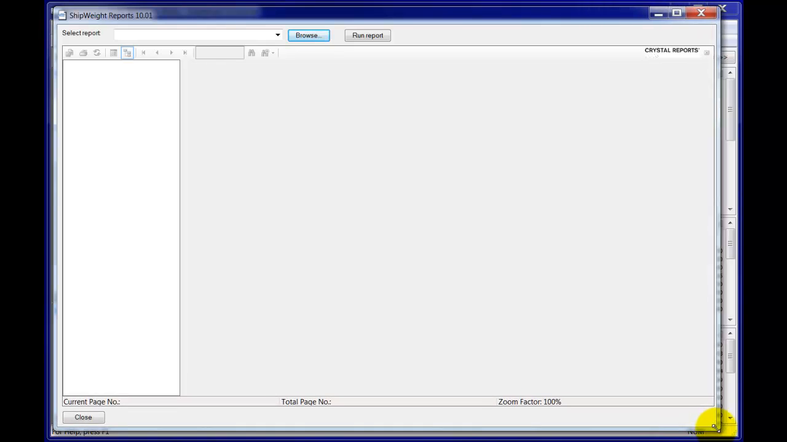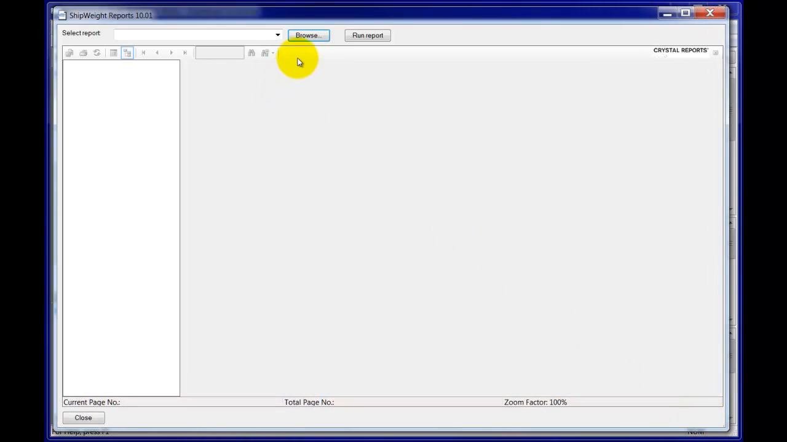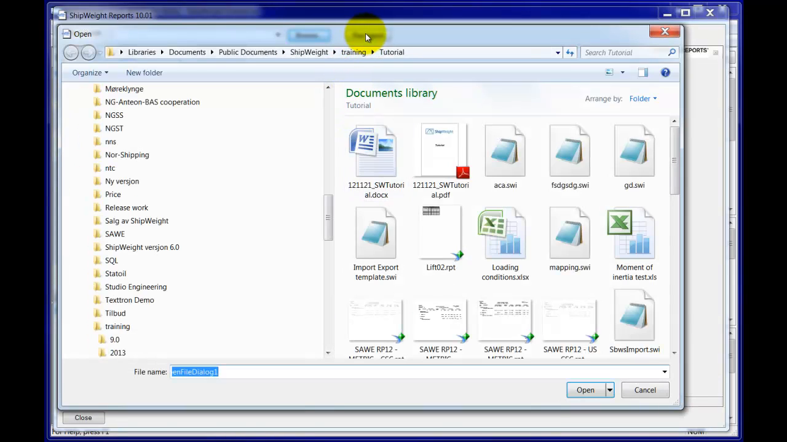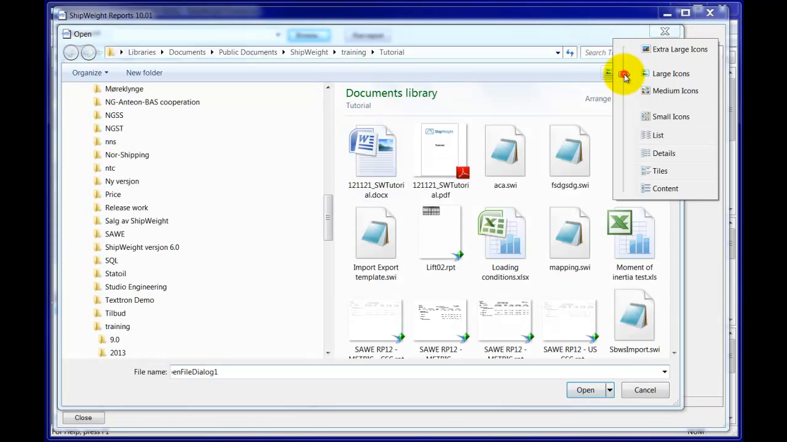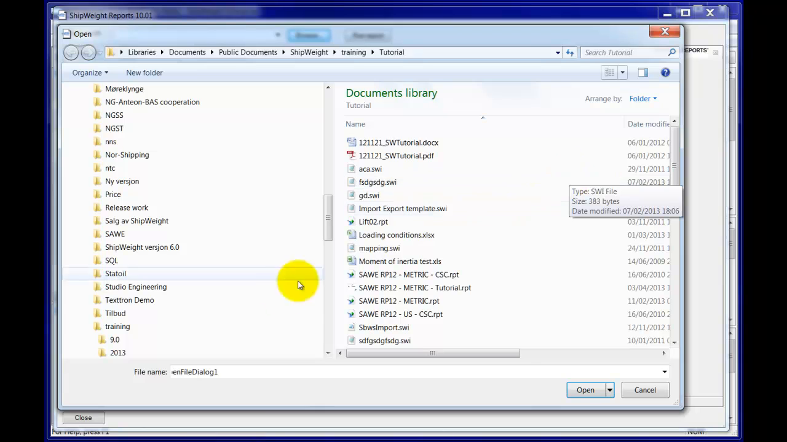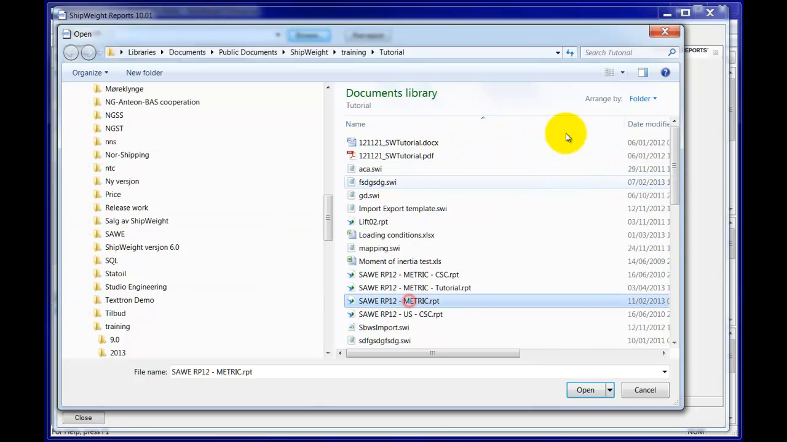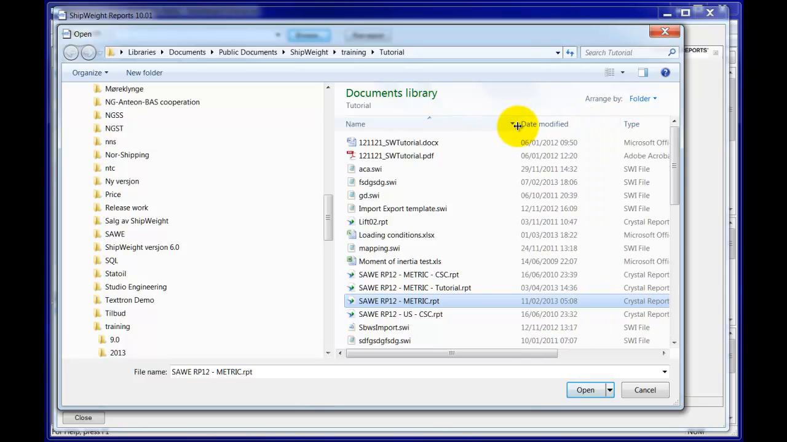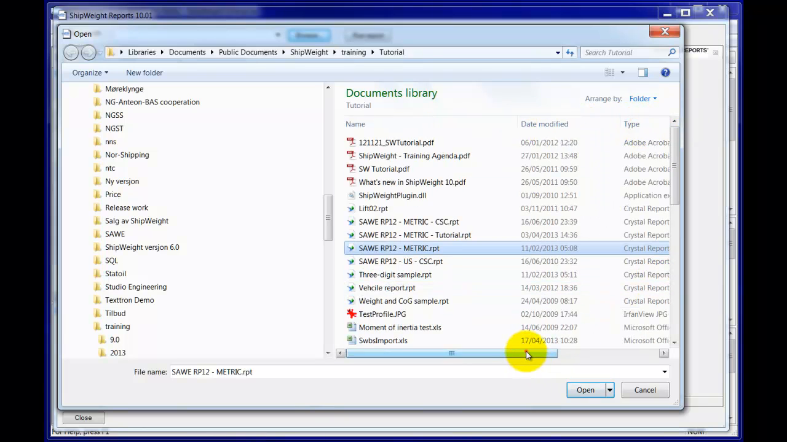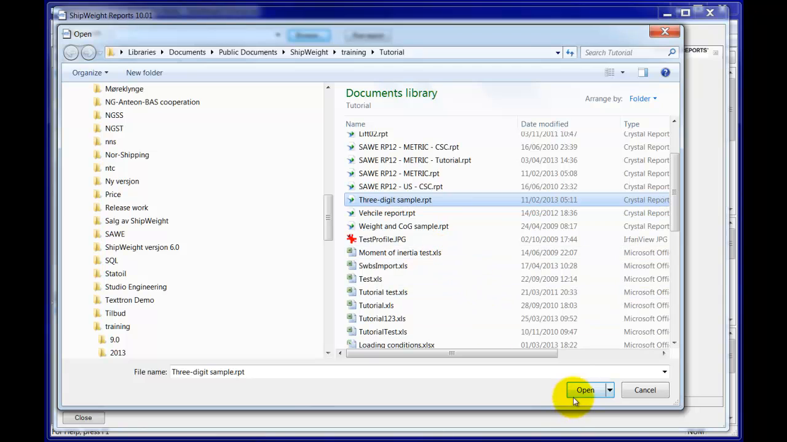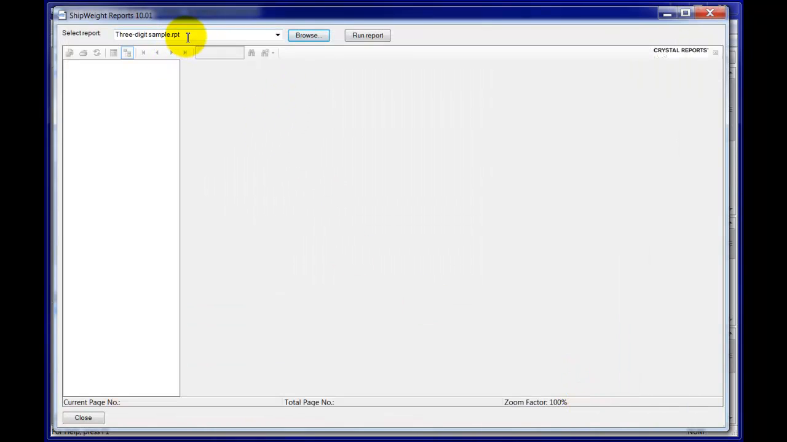And you can have any number of templates. They can be located on your server, they can be located on your own client machine. So let's see if we can find a Crystal Report template here. They have the Crystal Reports RPT files, and let's do this 3-digit sample here. So I'm selecting that one, I click open. Now I've just selected the template file here, and then I can click run report,